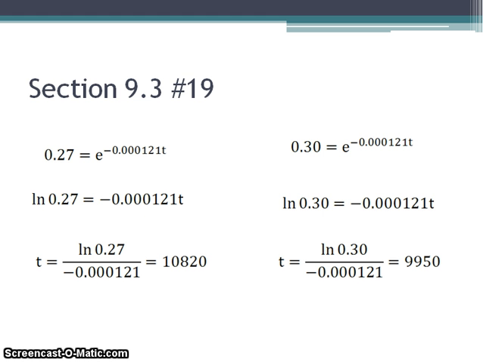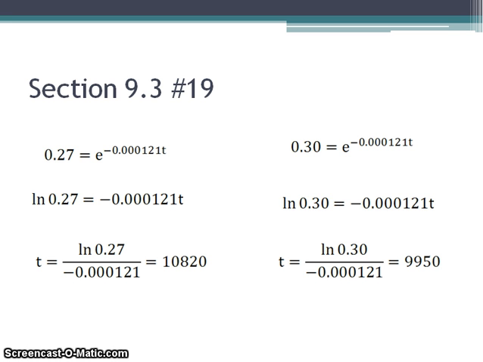And you have to have two different parts of the question because you're supposed to find one for 27%, which is 0.27, and one for 30%, which is 0.30. So you substitute those values into y. So 0.27 equals e to the negative